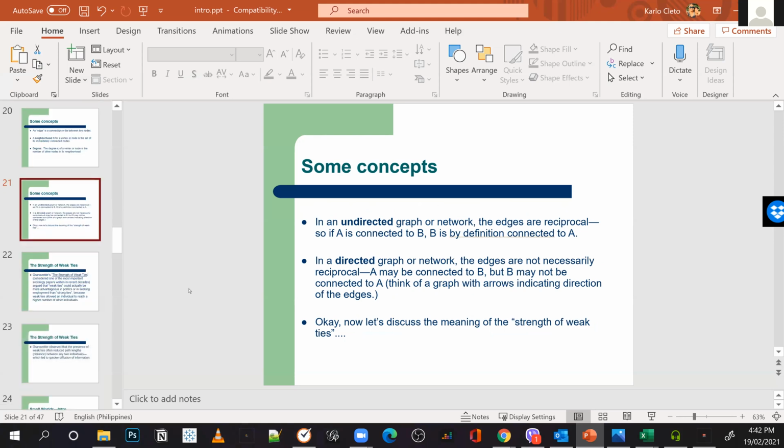Okay, maybe I'll just talk about some basic concepts, because you'll encounter these in the software. So in a Twitter network, usually it's a directed network. And what a directed network means is the direction of the relationship matters. So for example, in Twitter, the reason why it's directed is because let's say I reply to Tim or I mention Tim. So I am the source of that engagement, I initiate that engagement, and it goes towards Tim. So that's what you mean by a directed graph.